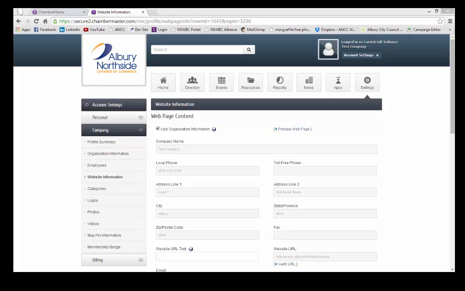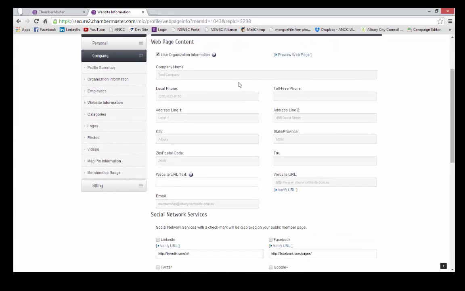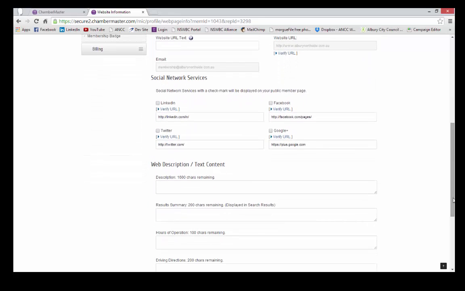Okay, at the very top part of this screen, you won't need to put in any information in here because we've already put this information into the Organisation Information tab, which was our first one that we entered. It's just carried that information into here automatically for us. So we can scroll down to